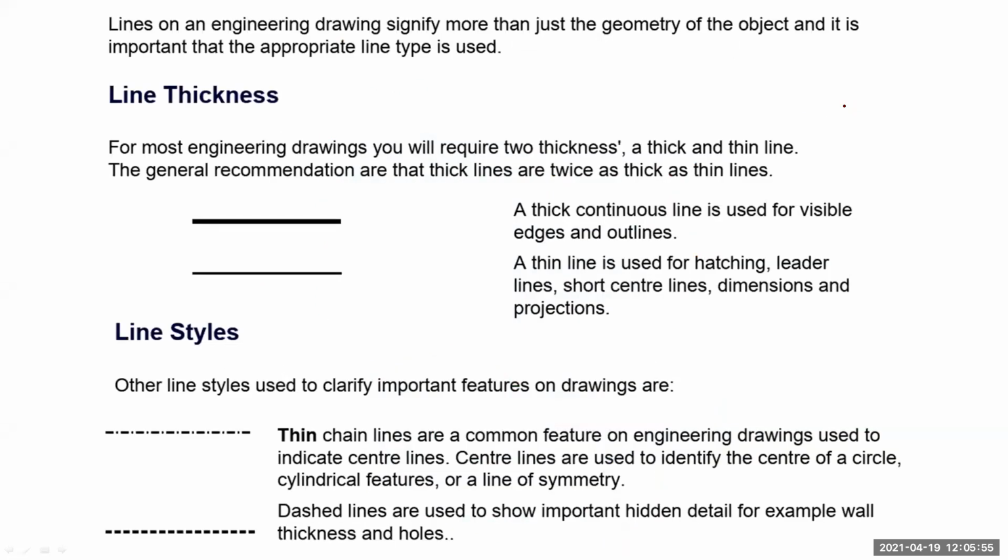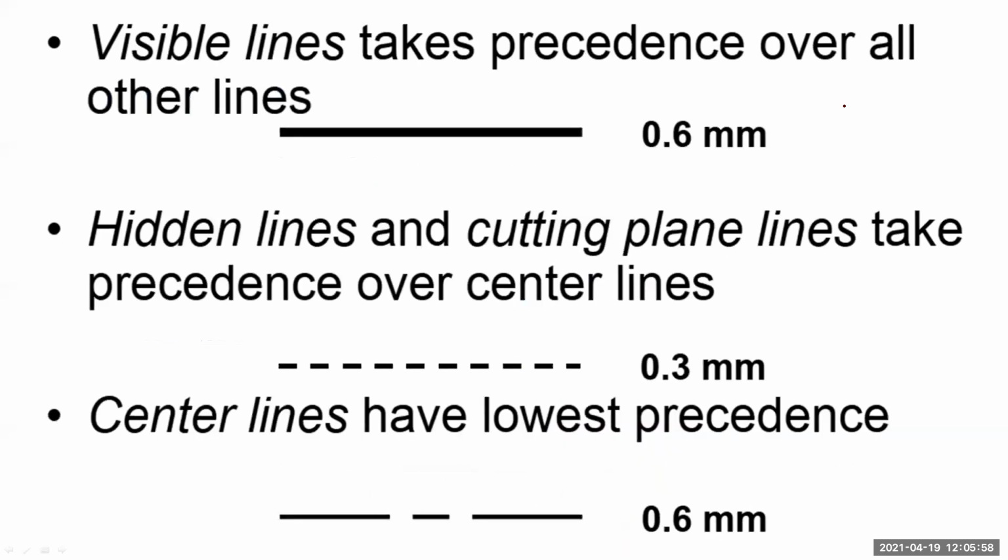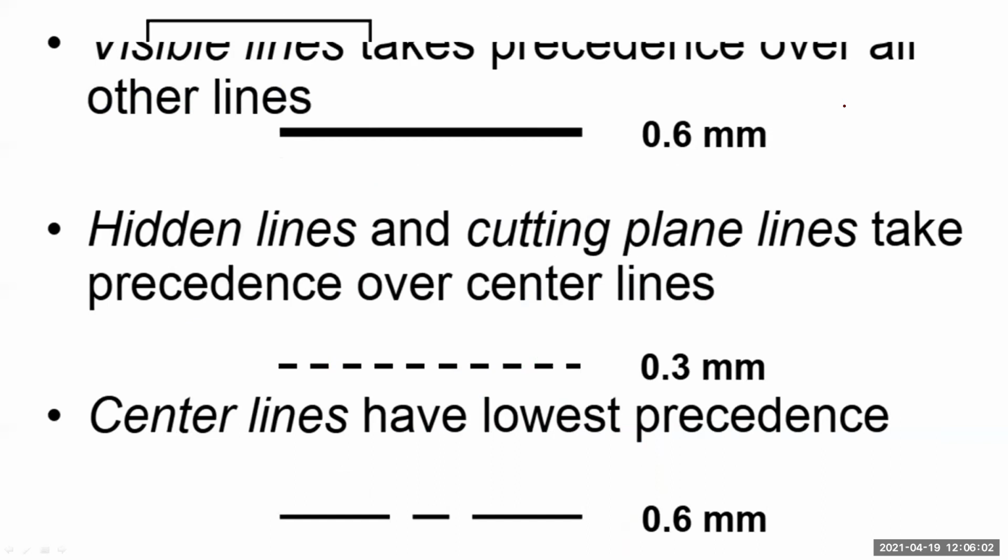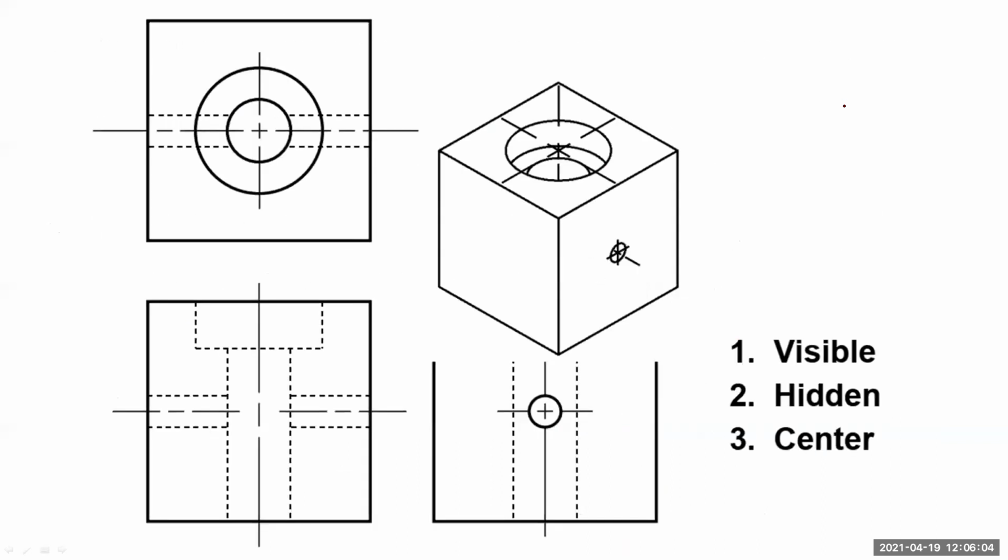These things we have already discussed in your previous sessions: different types of lines, thick lines, hidden lines, center line, and how to represent them in a drawing. Suppose one box is there with you, and in that a hole is there, from the vertical axis and also from the horizontal axis. The hole in your horizontal axis is smaller in size. So in the side view, you can represent this hole, you can see here.